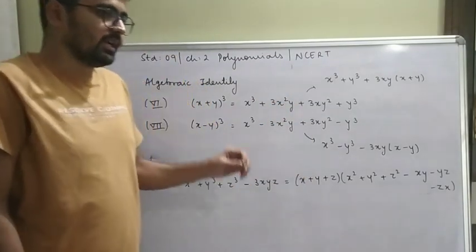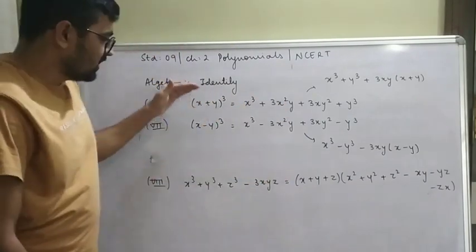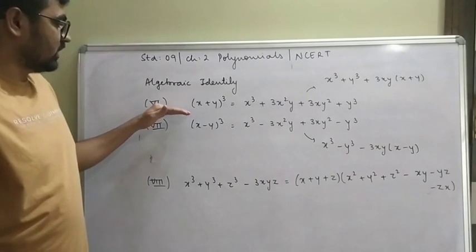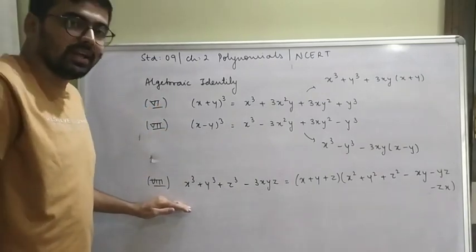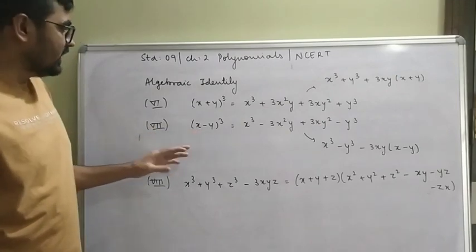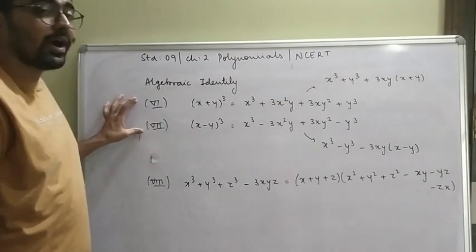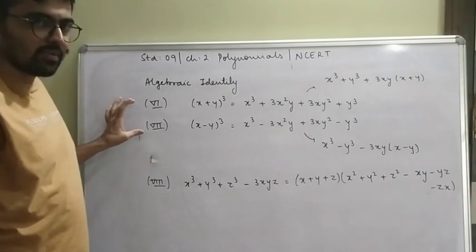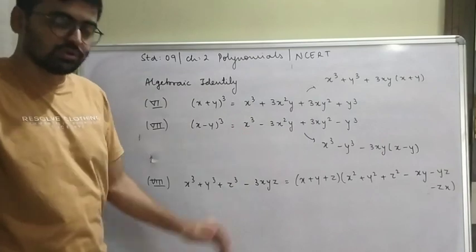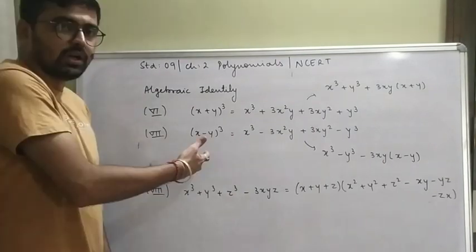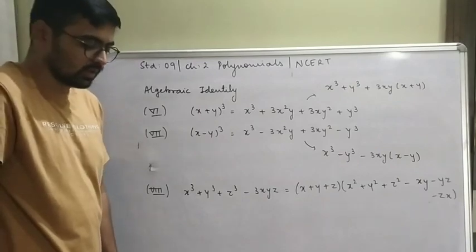Out of those identities we understood 5, we solved them. These are the remaining 3: 6th identity, 7th identity and 8th identity. Now what I am thinking is, let's try to solve a few problems based on these two identities, number 6 and 7. Correct? Let's try to solve it to give it a little bit of push. Simple. Note it down, pause the video, then we can move further.